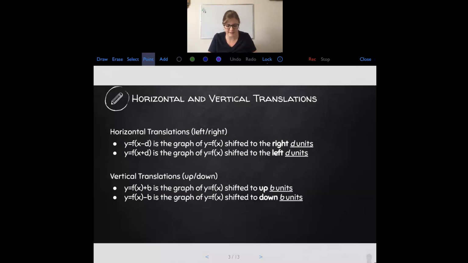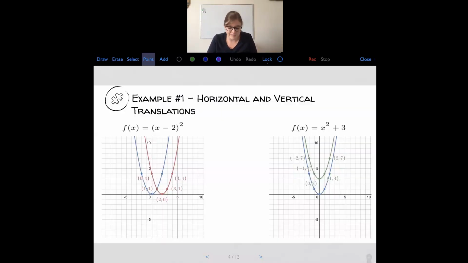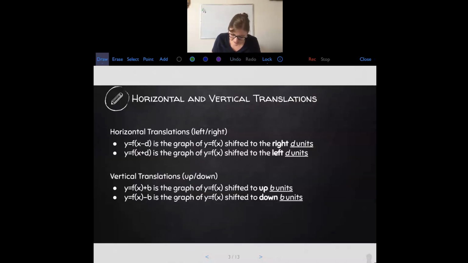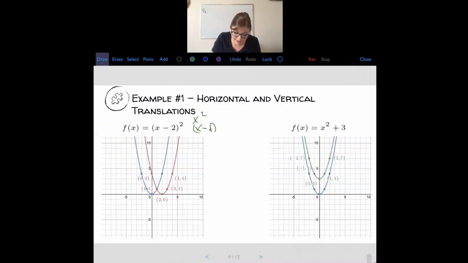Okay, so let's take a look at a couple of examples. Example 1, horizontal and vertical translation. So let's just focus on f of x is equal to x minus 2 squared. So the parent function here is x squared. We have x minus d, okay, where in this case d is 2, and we're shifting to the right 2 units. So what this looks like, so the blue